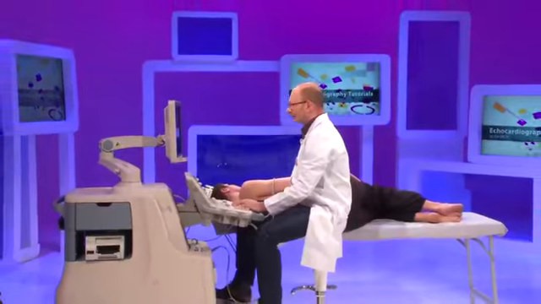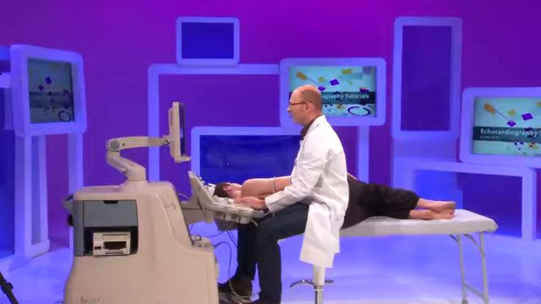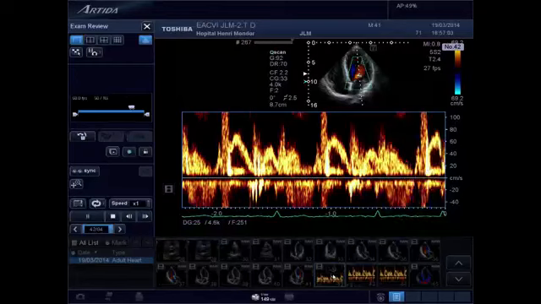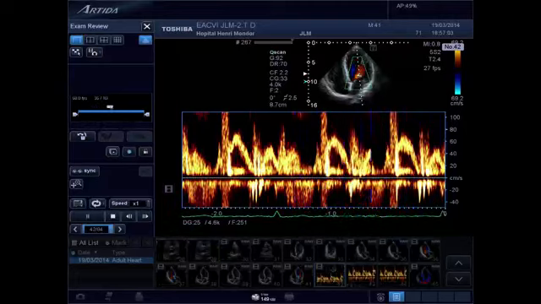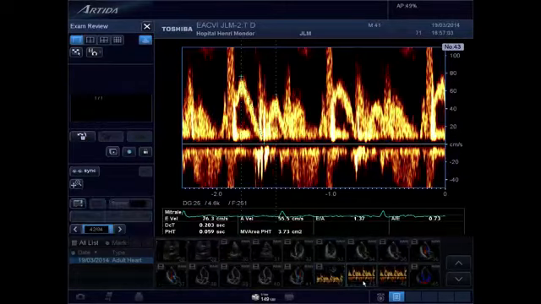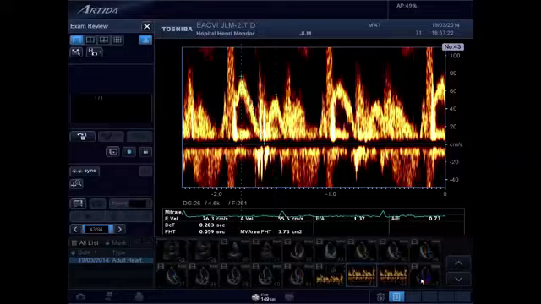We will check the left ventricular filling pressure in this patient, and here we put the pulse wave Doppler at the mitral inflow, and we will stop the image to measure the E wave, the A wave, and afterwards we will look with the tissue Doppler in this patient,